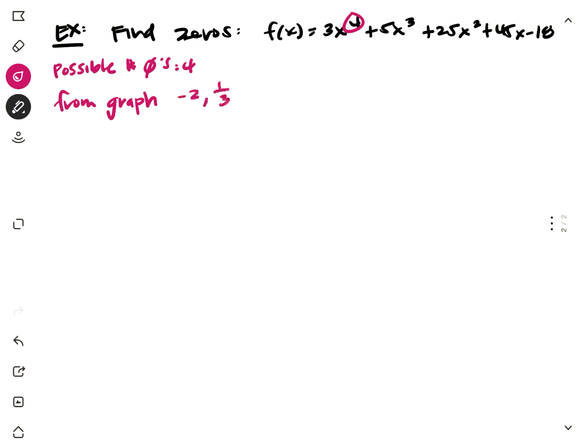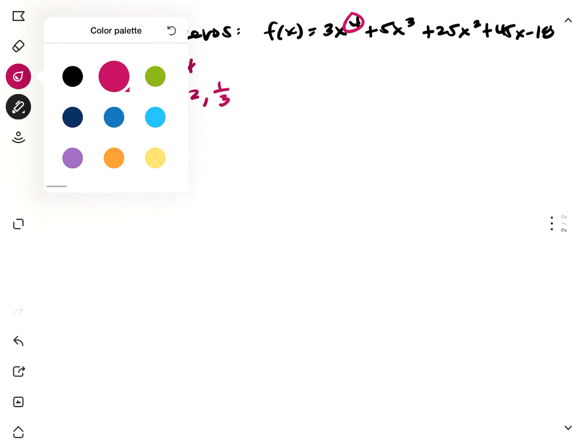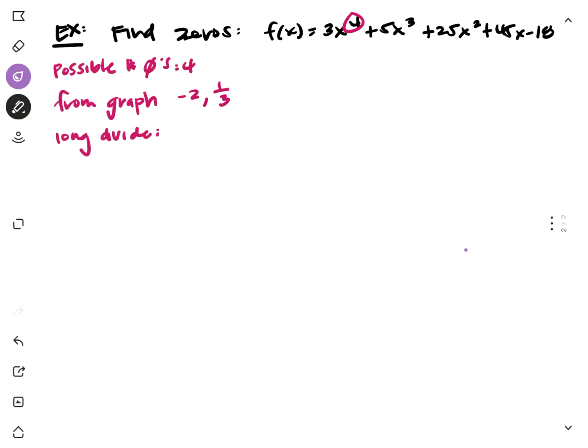Okay, so unfortunately what we're gonna have to do here is long divide. And this is another thing that you guys did in Algebra 2, so hopefully this is a quick refresher. But let's change colors. So let's do, I don't know, let's do -2 first. It's a little bit easier. It'll help us get our feet wet